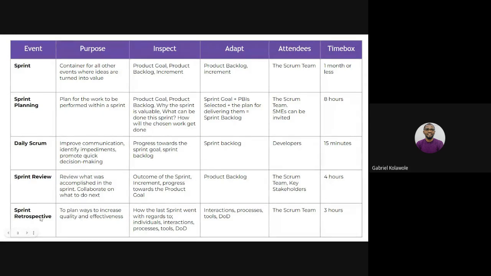Sprint retrospective is something very important. Your team needs to talk and discuss after every sprint. Check your processes. How did we work? Are there things that we didn't do well? Is this tool giving us issues? Do we need to escalate or change these tools? Sprint retrospective gives us that opportunity to inspect our processes and how we interacted with ourselves. Maybe I annoyed Yemi or Anwo or Funsho or somebody during the sprint, and maybe he didn't have the opportunity to communicate well to me because of whatever.